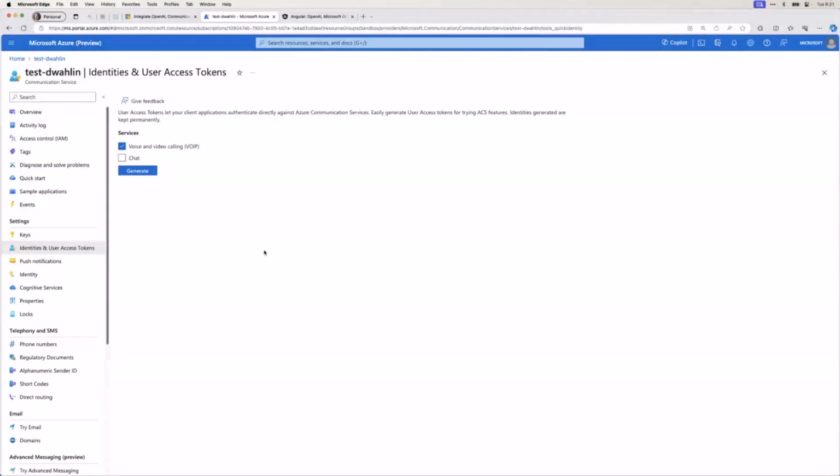So what I'm going to do is go to keys, and you're going to notice that there's a key and a connection string here. And this is something that, when you make the phone call, you're making it from the client side. Well, you don't want to send the connection string down to the client side, right? We want to have that in a backend API that would be ultimately secured. So I'm going to show you that.